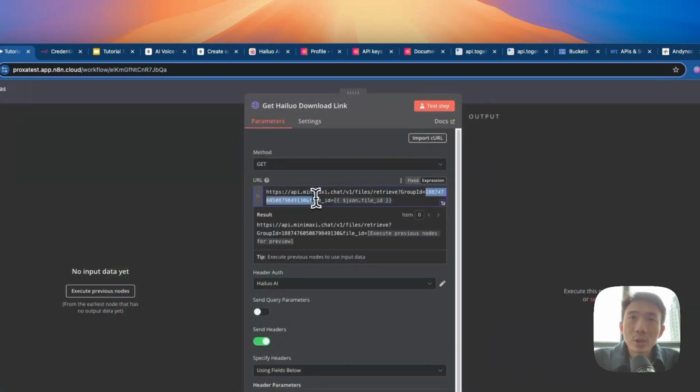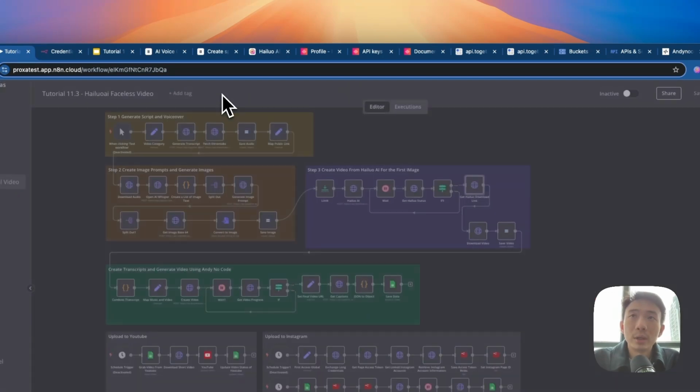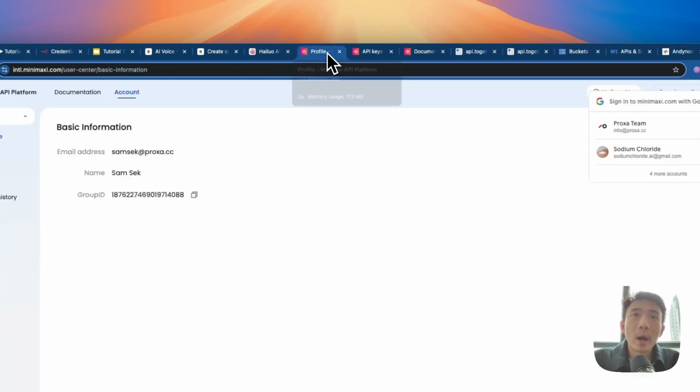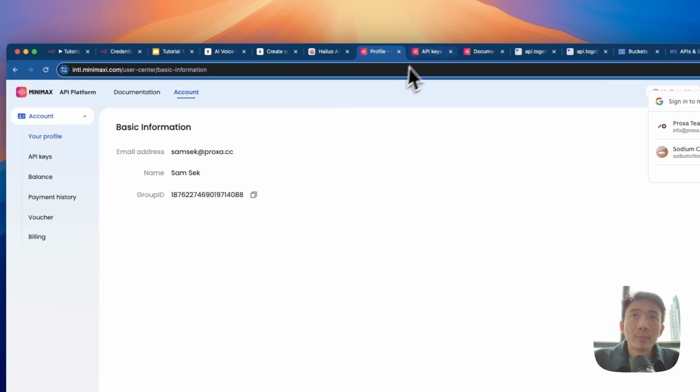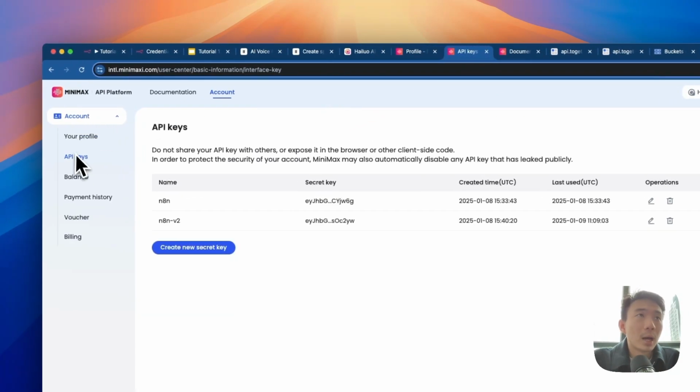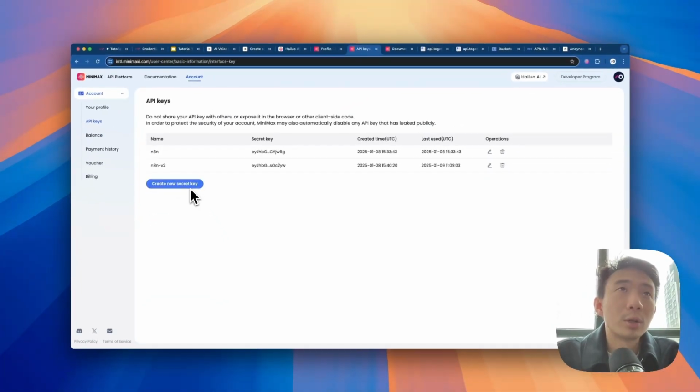This is where we need to copy and paste the group ID. I will explain it further in the later stage. But this is where we need to get the group ID. As for the API key, we go to the API key tab, create a new secret key, and we are going